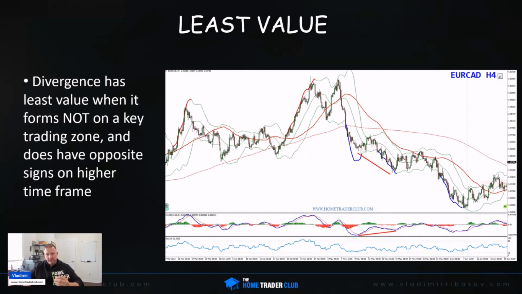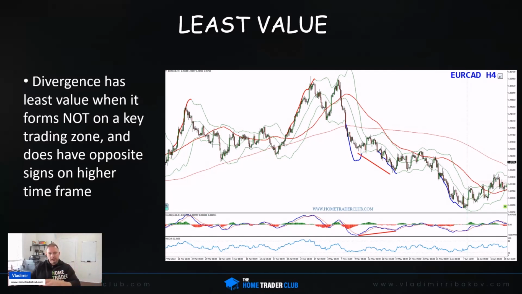One of the most important things that traders don't pay attention to, and I want to give you this valuable input. Okay, so let's talk about that. So divergence has the least value when it forms not on a key level, okay, and does have